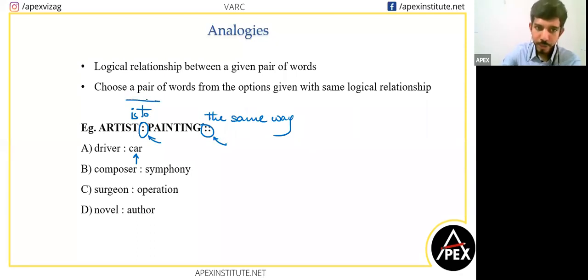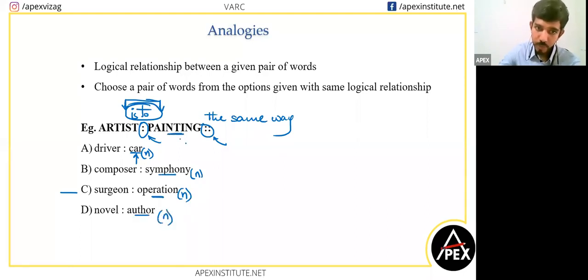So this relationship which we are trying to judge between these two words, we have to replace "is to" with this relationship. Okay. So some of you immediately after seeing the question put C, because I think the relationship that you judged was artist does painting. And maybe that is the relationship that you said would be used for surgeon does operation. But something that you realize in this question is that all of these second words are nouns. Car is a noun, symphony is a noun, operation is a noun, and author is a noun.